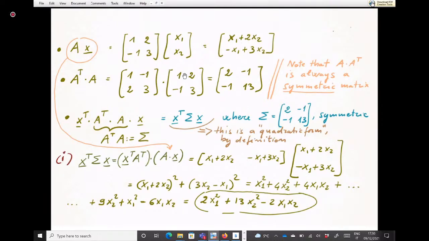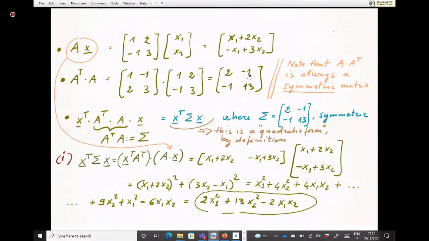A transpose times A. A is this one. I put A here. I left multiply by its transpose, replace the rows with the columns. So it is first row 1, minus 1, 2, 3. Make the computations, it's a matrix product, and you get 2 and 13 in the main diagonal, and as expected,